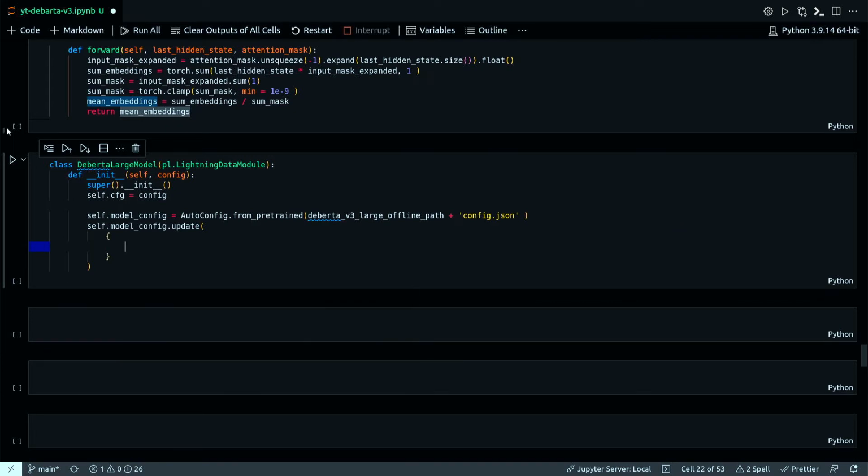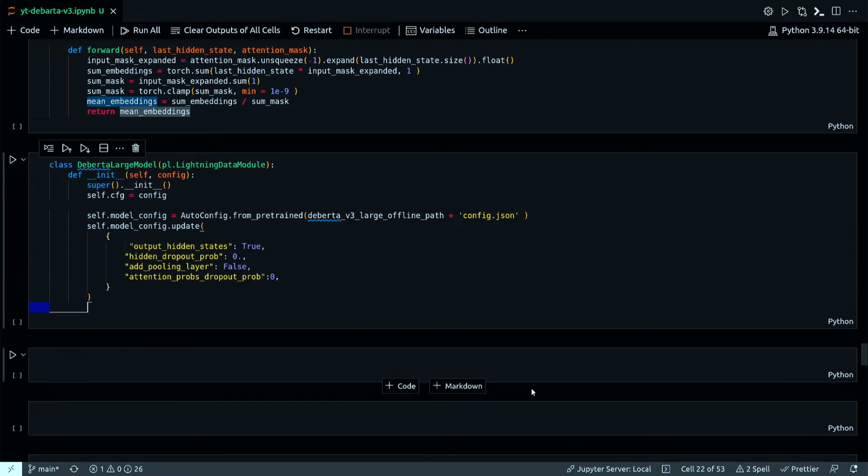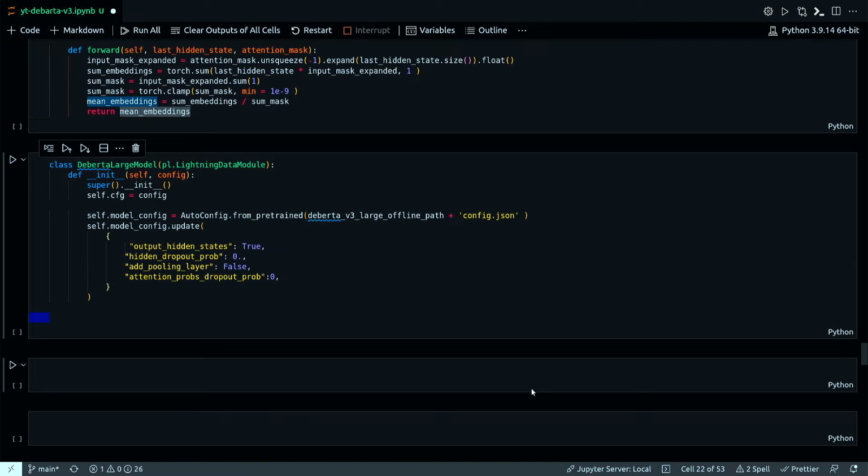And that dict will be output hidden state, hidden dropout probability, all these things here. Attention probs dropout, that's 0. Add pooling layer, false. Okay.